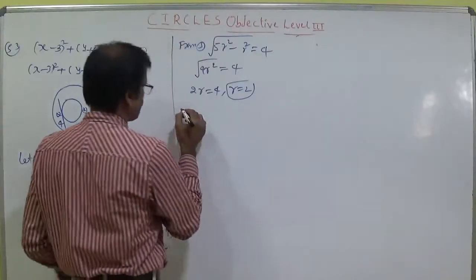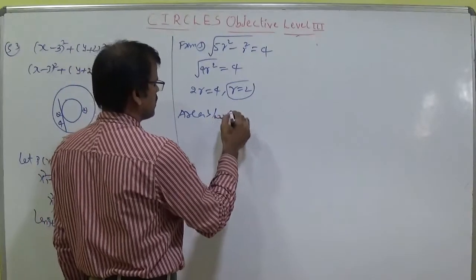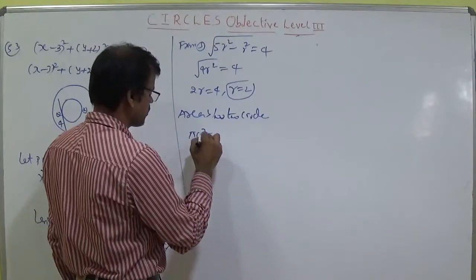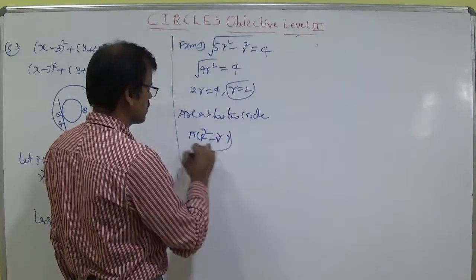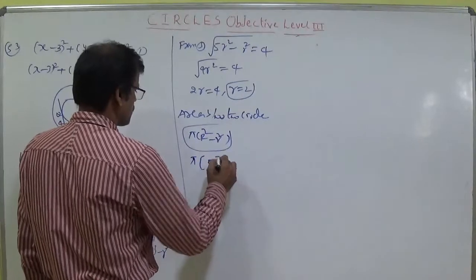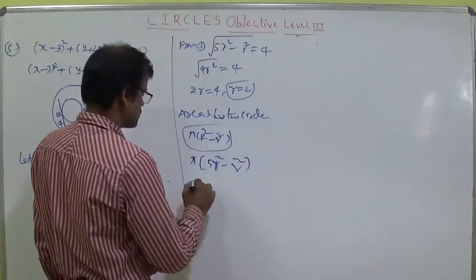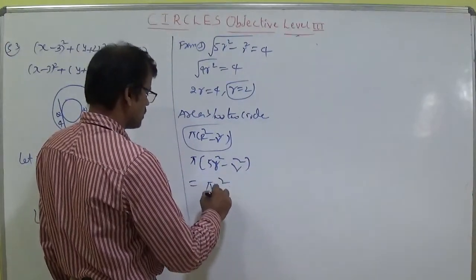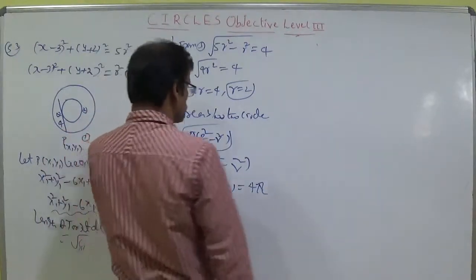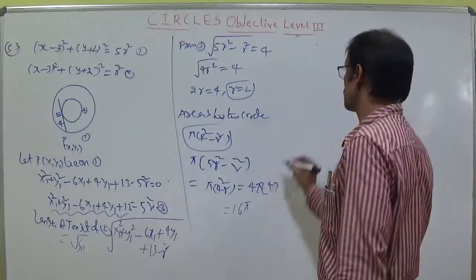Whenever r is equal to 2, now he is asking the area between two circles. The area between two circles formula is pi into capital R square minus small r square, it is called an annulus. Now pi into, we can write here 5 small r square minus small r square. So pi into 4r square. So that is equal to 4 pi into r is 2, r square is 4. 4 4s are 16 pi is the required area.